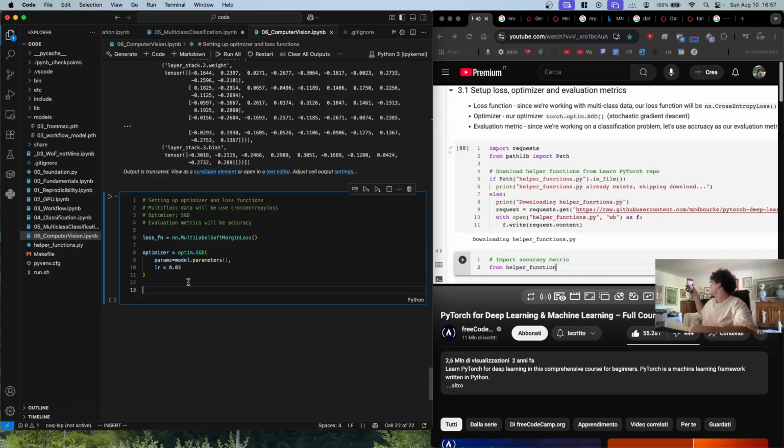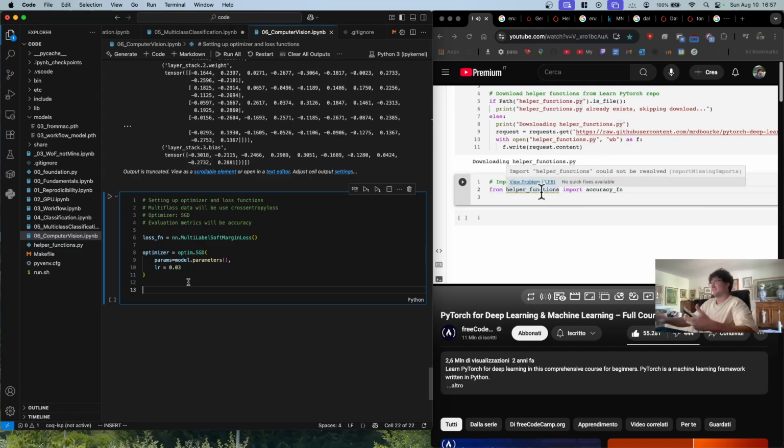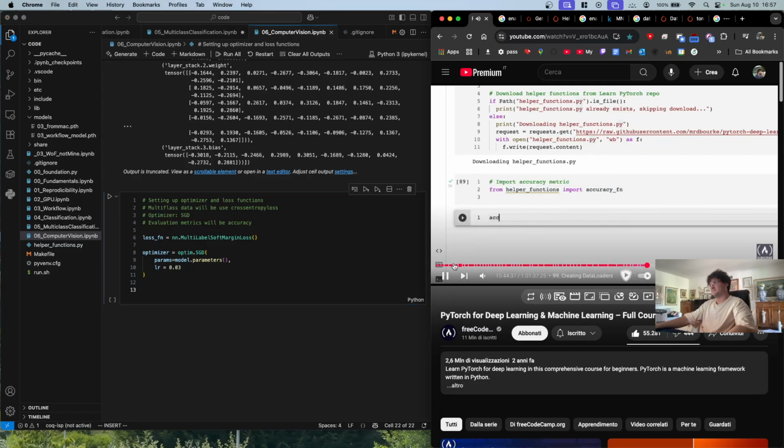Of course, we could have used TorchMetrics as well. That's another perfectly valid option, but I just thought I'd show you what it's like to import your own helper function script. Of course, you can customize helper_functions.py to have whatever you want in there. So see this, we've got from helper_functions import accuracy_fn. What's this saying? Could not be resolved. Is this going to work? It did. And where you can go accuracy_fn, do we